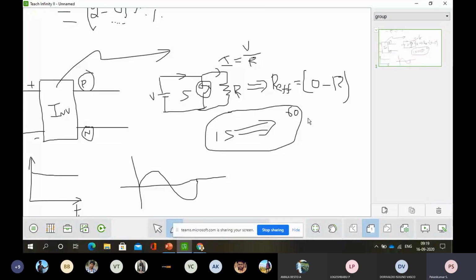So when I am switching in between on and off, I can have a sliding resistance over this region, 0 to R. This is called effective resistance. So by means of switching frequencies like that, I can control the output supply frequency. Here we are seeing that particular supply.